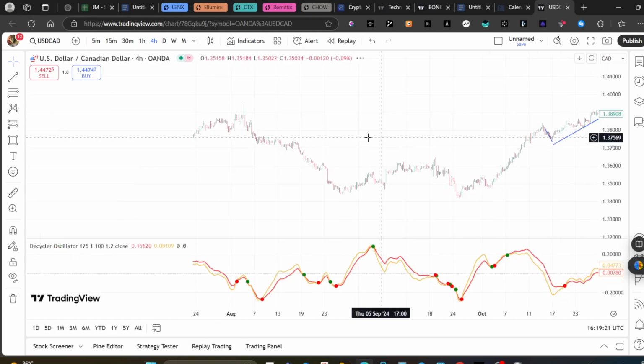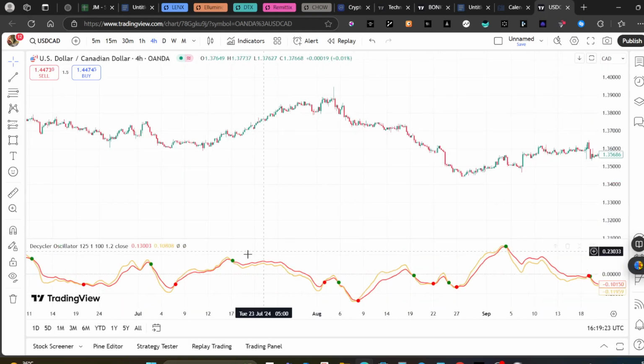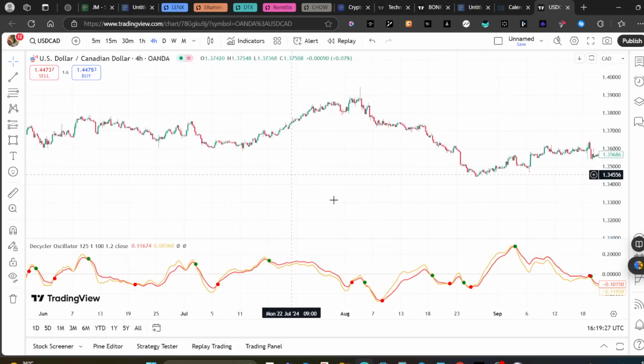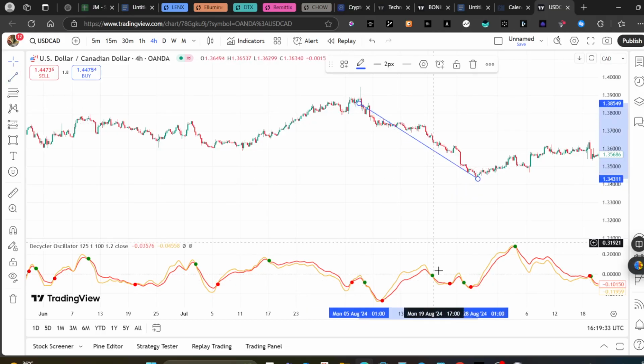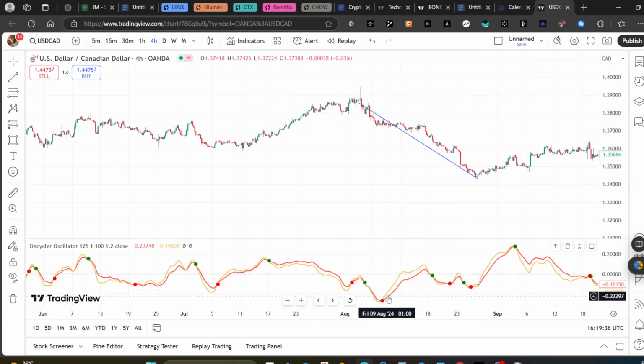But in a sell trend, you'll be looking out for the green dots and the bearish crossovers, because the green dot shows that bearish momentum is stepping in. You can see that here, this shows that bearish momentum was stepping in, and we actually had a sell trend. In the case of a bearish move, the red dot is going to